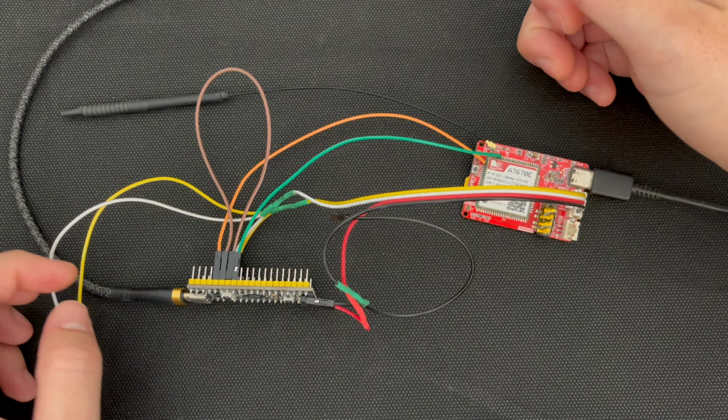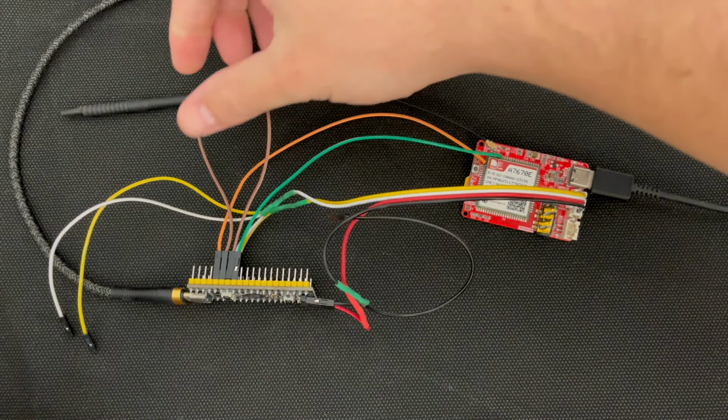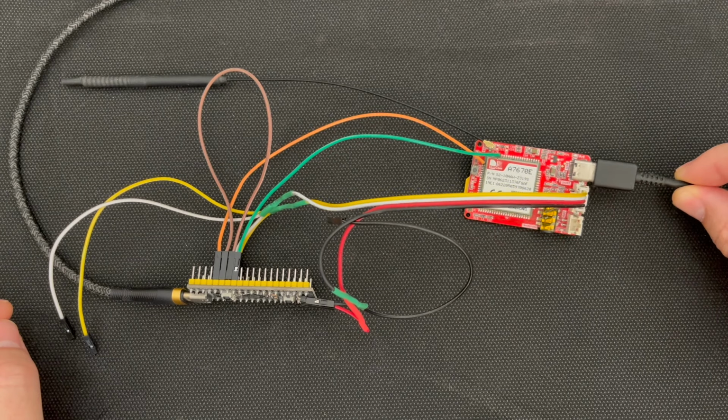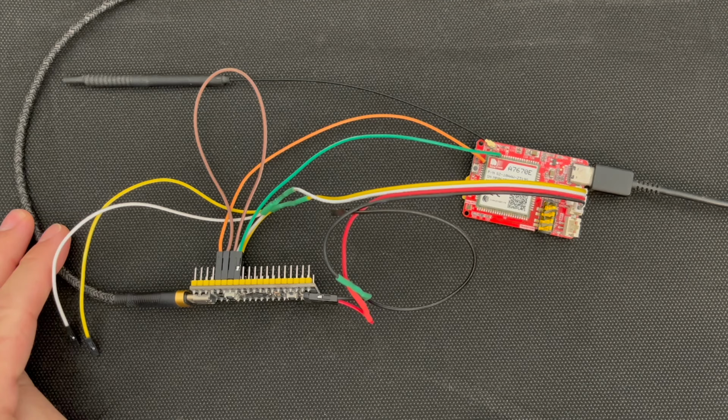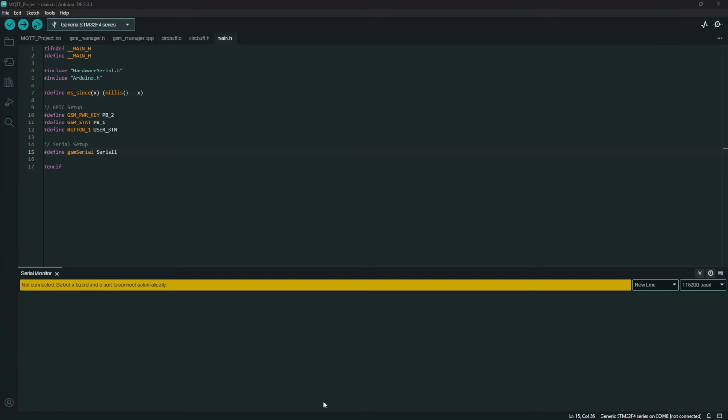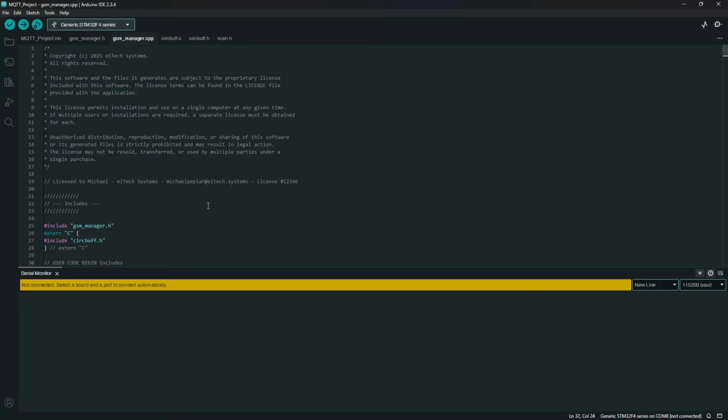You'll see at the back here is our antenna that we have connected to our board, and then on the right, we have our power connection, which is just powering our development board over here. And then on the left-hand side, this is just our serial USB connection to our laptop. The next thing we're going to do is go over to our GSM manager.cpp file, and this is where the majority